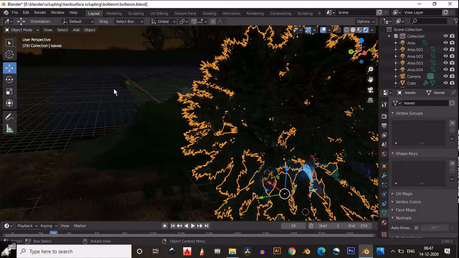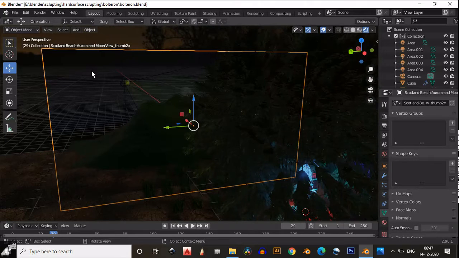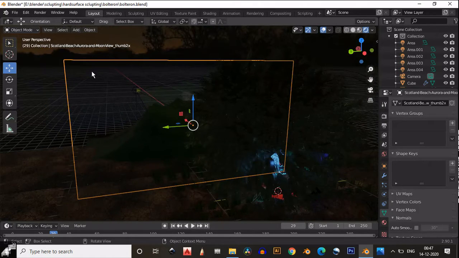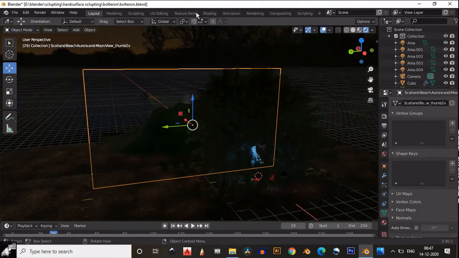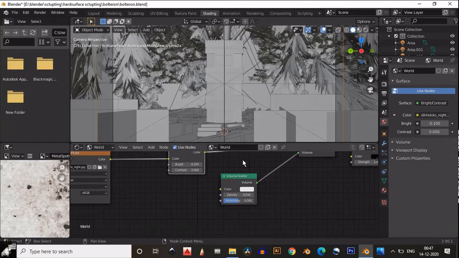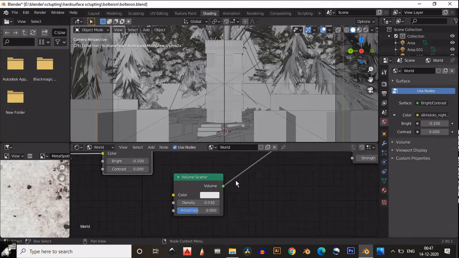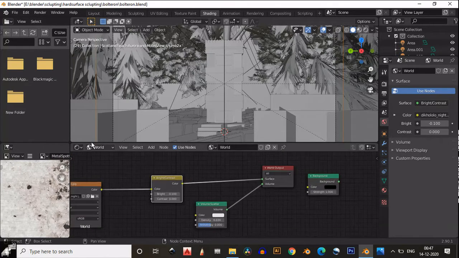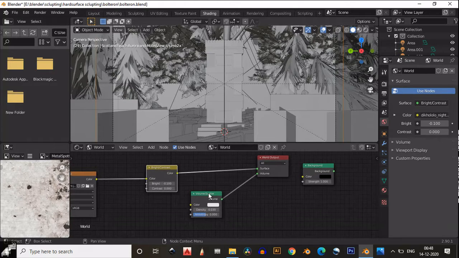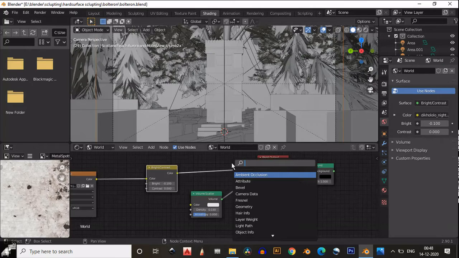Okay, then if I talk about the volumetrics, so volumetrics makes a difference in your scene, and if you want to create any nature scene, then you should enable the volumetric. So you need to go to the shading tab, and you can see here I have used the volumetric scatter. So you just need to connect this volumetric scatter to the world.